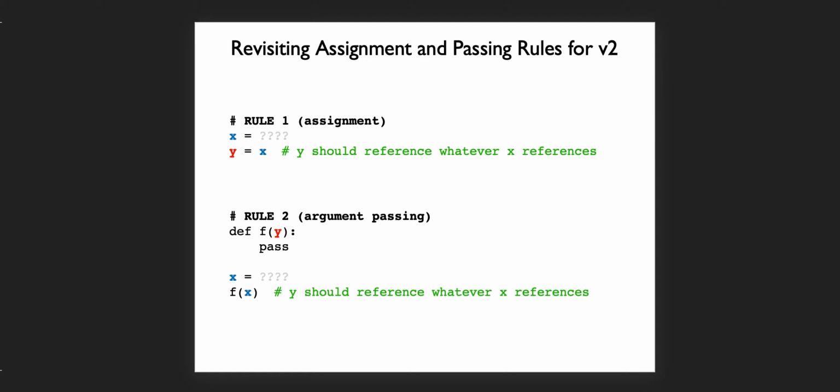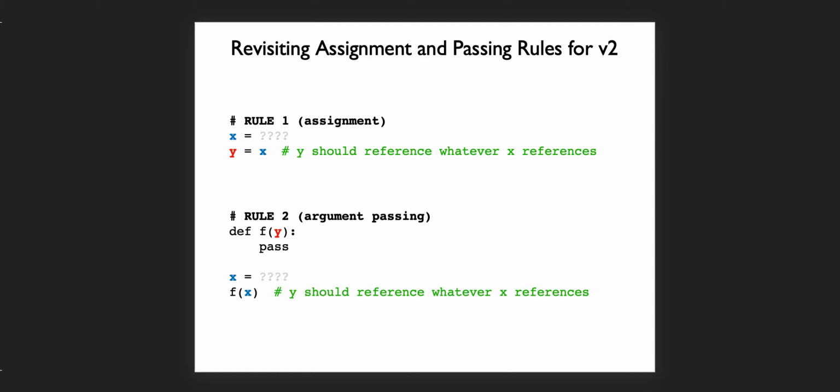Alright, so let's do a quick recap of assignment and argument passing rules. So recall that whenever you do an assignment, let's say you're assigning some value to x and then you're saying y equal to x, what exactly you're saying is that y should reference whatever object value that x references